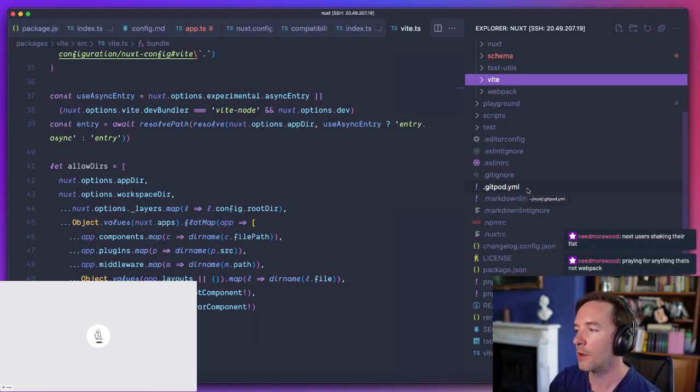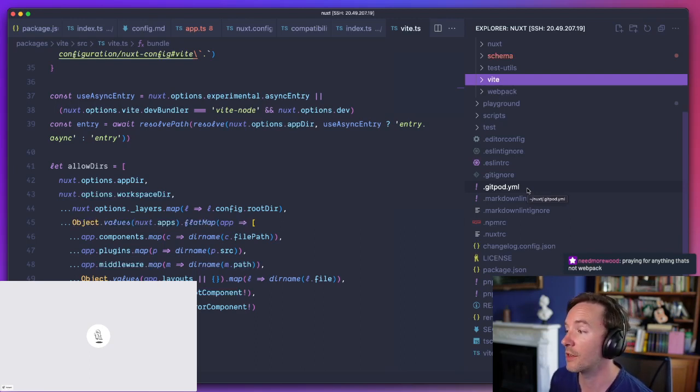So, tying Nuxt 2 very deeply to Webpack was actually a really big problem for us because it meant that when Webpack 5 came out, which was a breaking change, we could not upgrade users without having a breaking change in Nuxt, and we were actually quite stuck. Nuxt 2 cannot upgrade to Webpack 5. It would break everybody who's on Nuxt 2, so it should be a major, but we already have a Nuxt 3. And so that's a problem. But we won't have the same problem with Nuxt 3, I hope.